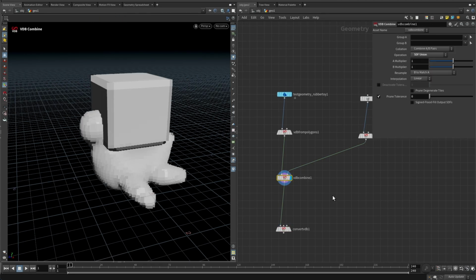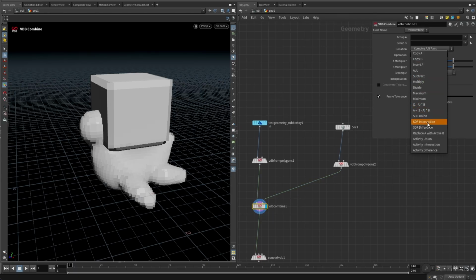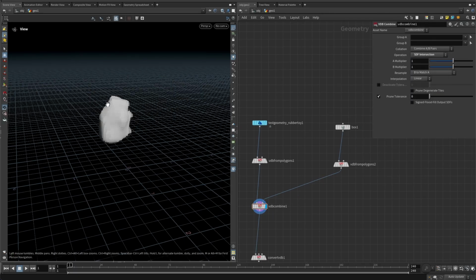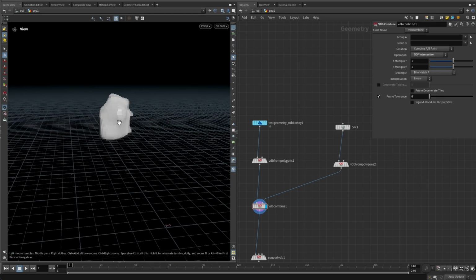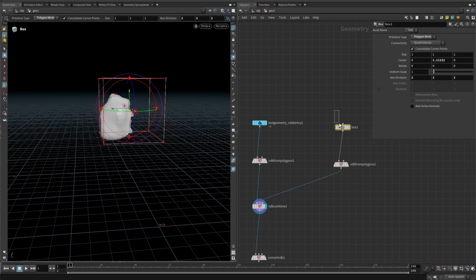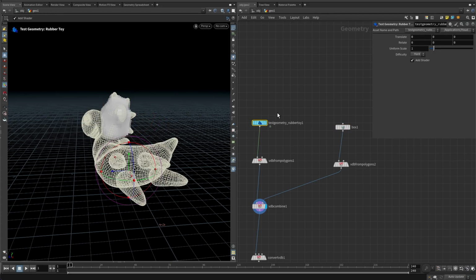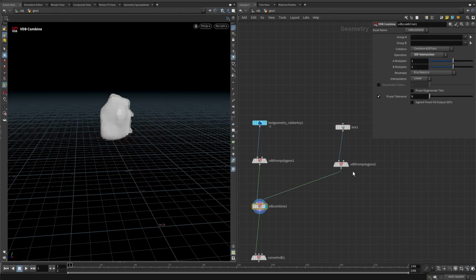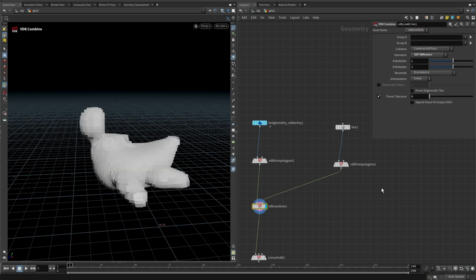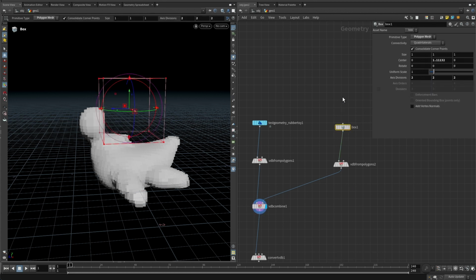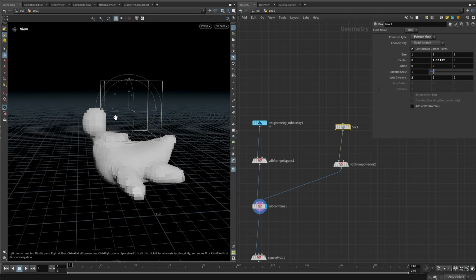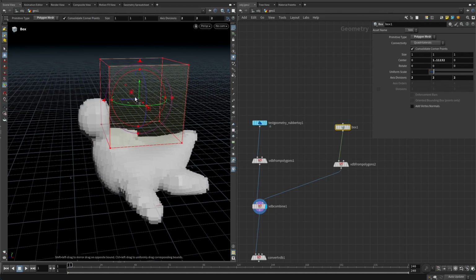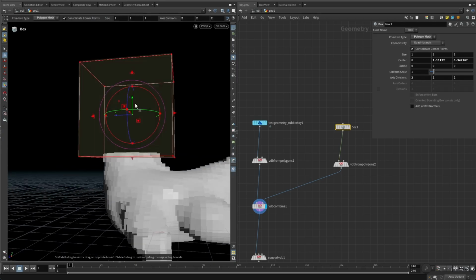So instead of combining them, we can go for intersection, which will give us only the region that they intersect in. So this is the box and this is the rubber toy. And as you can see, in the region they intersect, we get that result. And you also have a difference, which is essentially just a way to subtract using the second input in here. So we're subtracting the region that's in the box. So we can, for example, remove the head in here, like this,